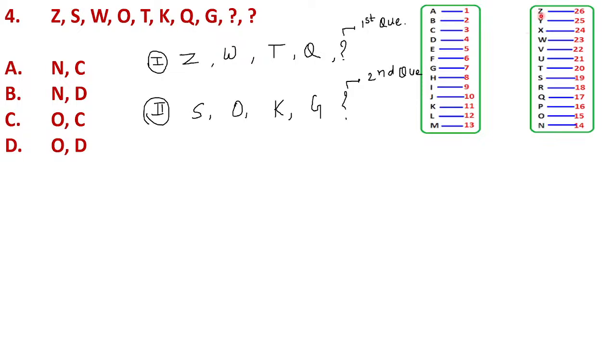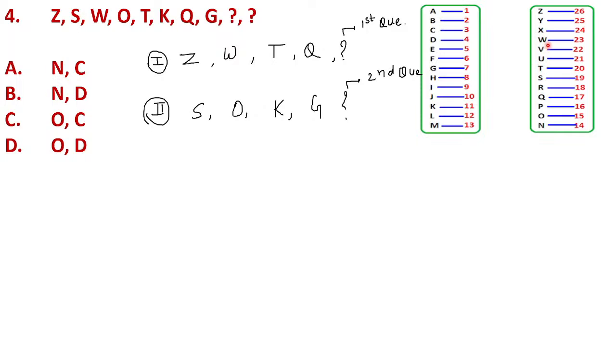In between Z and W, there is a gap of how many letters? In between Z (26) and W (23), there is a gap of two letters. One is Y and the other one is X. Correct? Okay. In between W and T, students, look here, in between W and T,